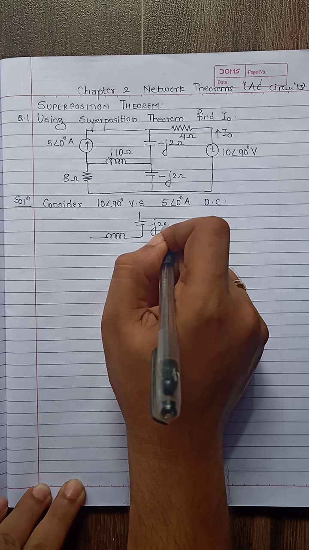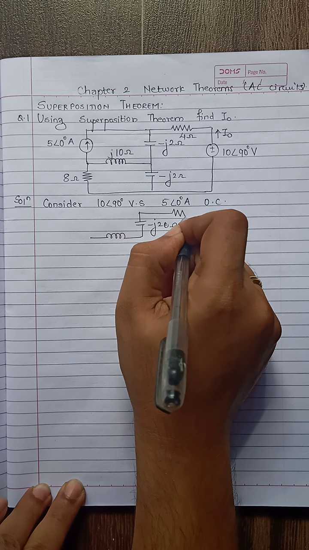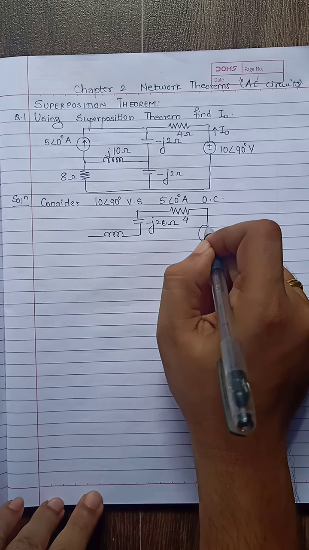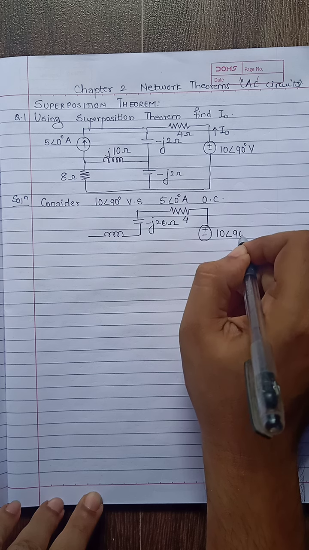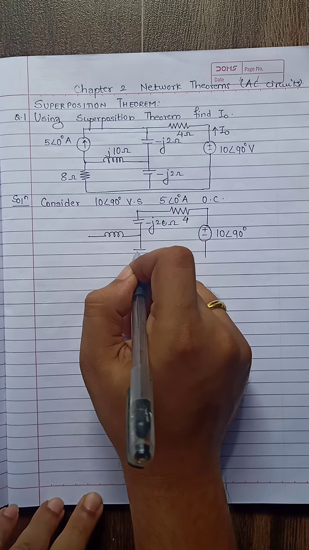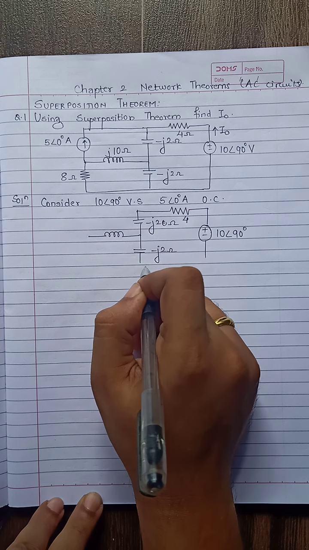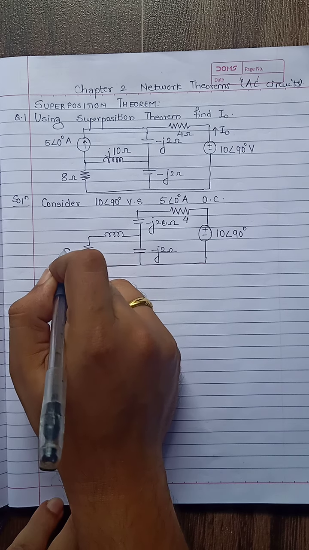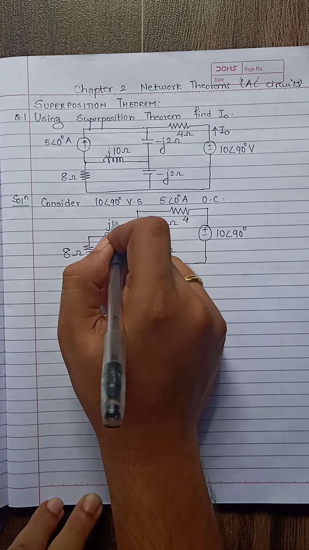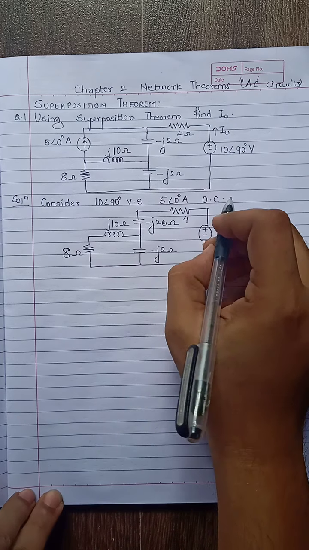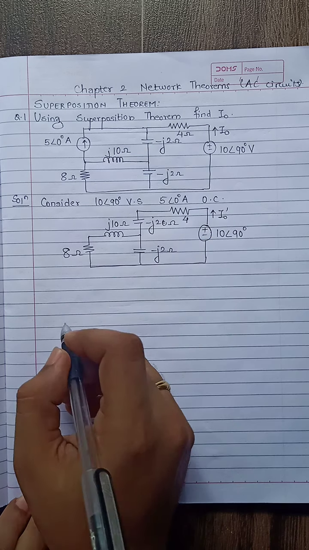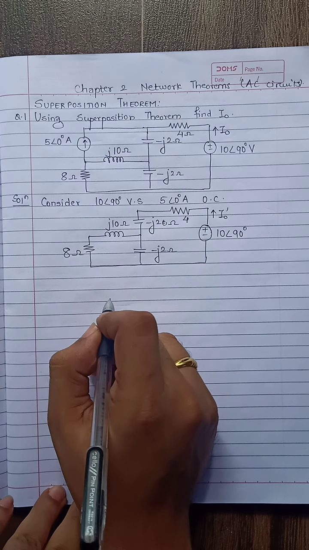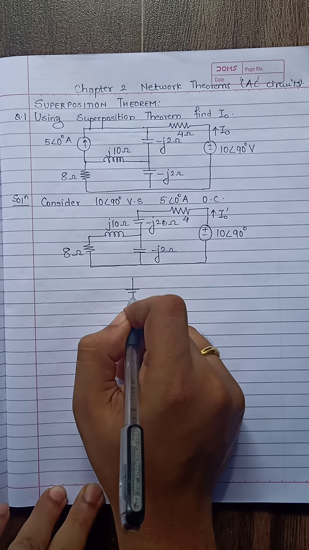minus J2 ohms, 4, plus minus 10 at an angle 90, minus J2 ohms, and this is 8 ohms, this is J10 ohms, and here we'll have now I0 dash. We need to find I0 dash. So these two are in series, so it can be replaced with a single impedance, say Z. So I'll modify the diagram,